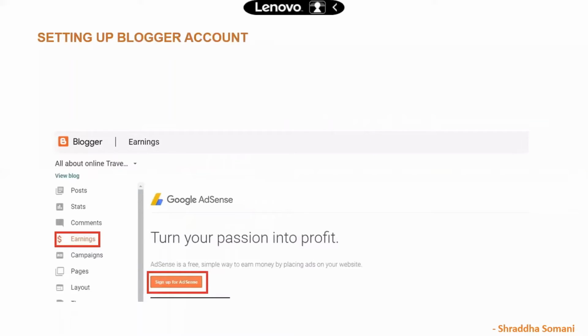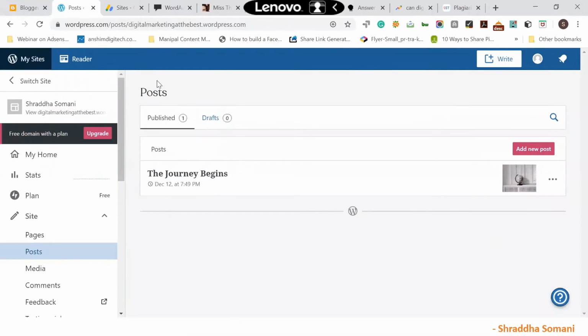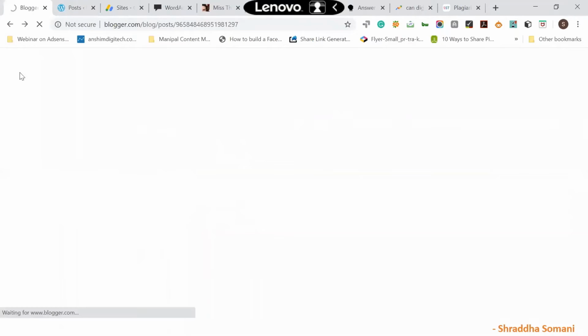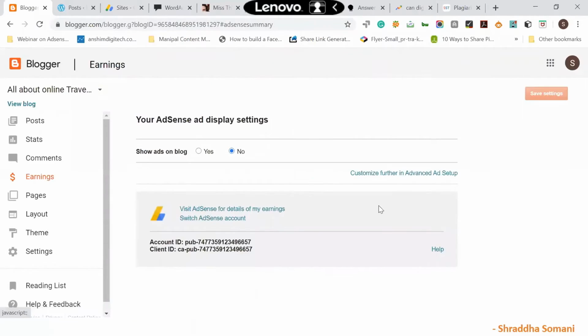Okay, so how can you monetize your blogs? We have seen the Blogger account, so let us see how we can enable this through a Blogger account, right? I'll just switch back to the browser. So this is my Blogger account. Once you have configured your Blogger account and written the blogs, the next thing is you just click on Earnings over here. In the Earnings, you will say Show ads.